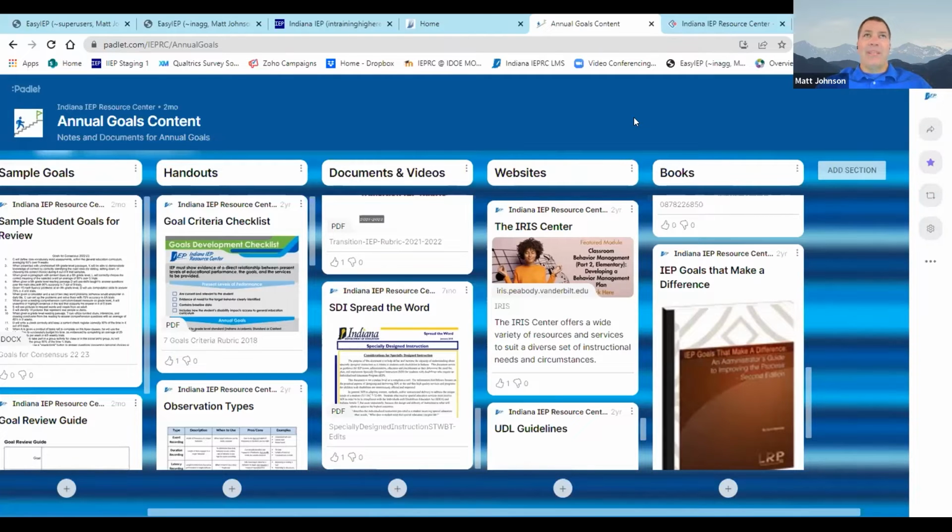So writing an IEP and developing goals was an event, and the rules around goal writing were different when I started. The only thing we had to do was make a measurable goal. Whether we actually showed progress or not, that was not really mentioned too often. And now we have more guidance as far as how to make a goal measurable and how to base it on the skills the student is working on, so we can hopefully develop something that's going to be useful to us and especially that student.